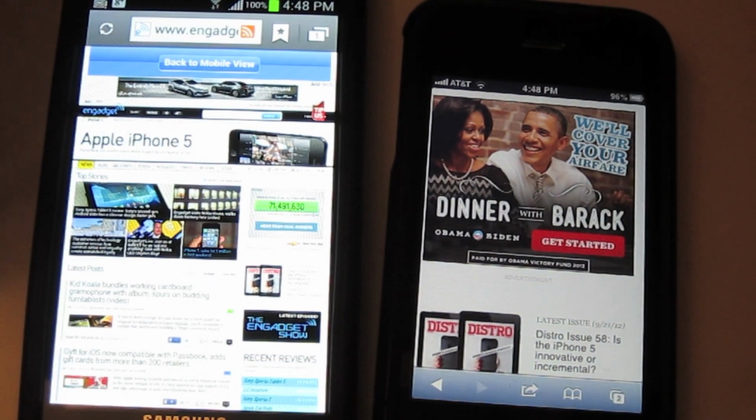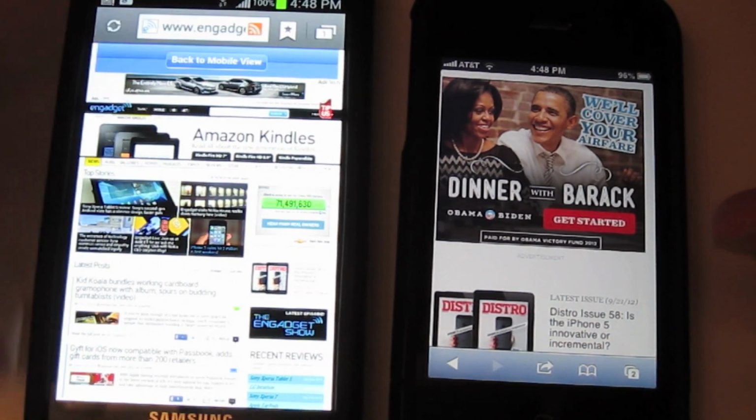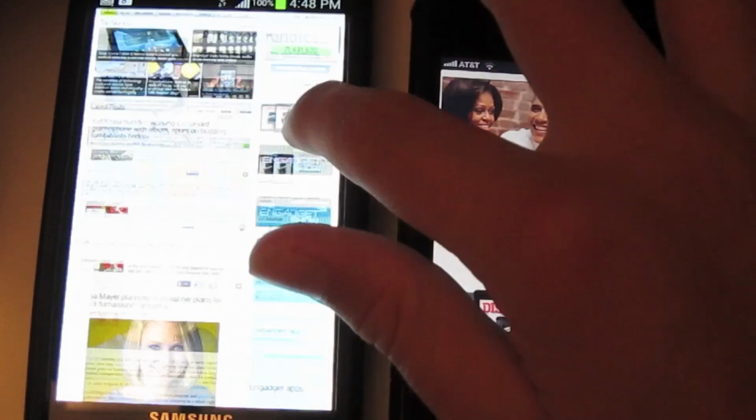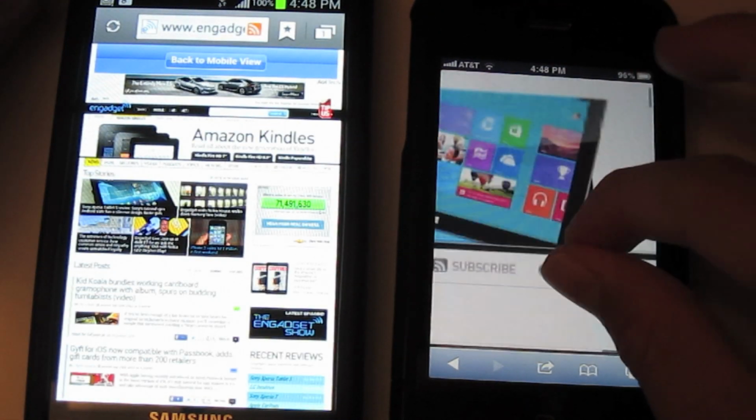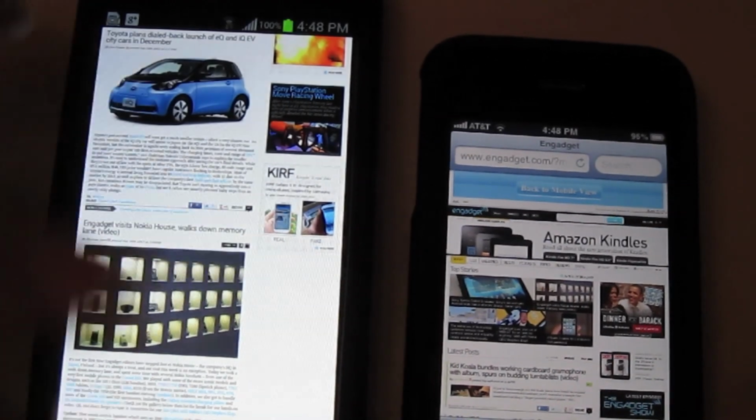So I'd say if you're picking a phone based on web browsing right now, it'll have to go to the Skyrocket, mainly because of the screen and also because of the processor and the RAM. It can really handle much more on here, especially with Flash. Anyway, so let's go ahead and